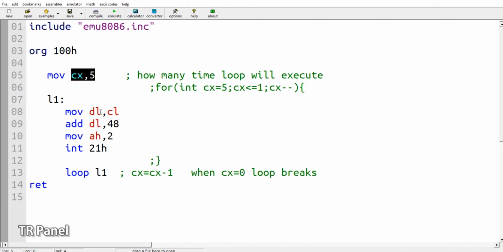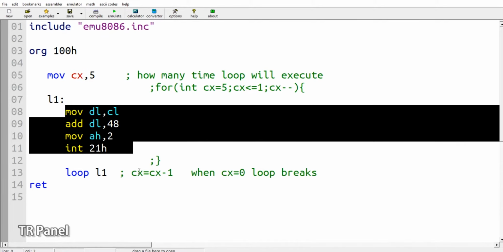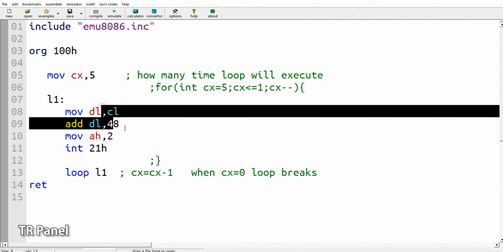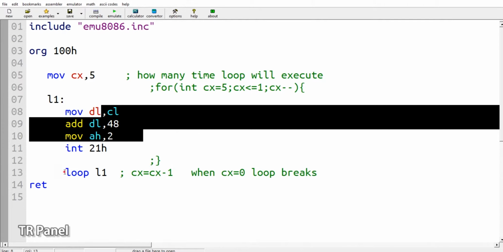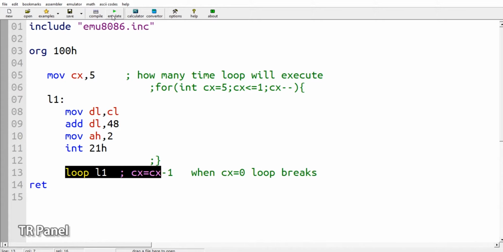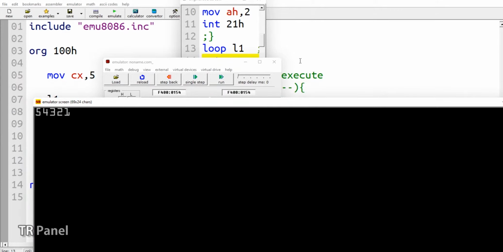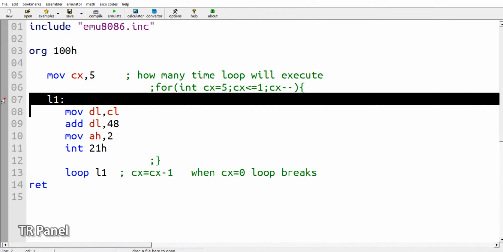When the loop executes the first time, it will display 5, then this line will subtract 1 from Cx, then the loop will execute again, then it will display 4, then this line again subtracts 1 from Cx, then it will display 3, until Cx becomes 0. So run and check. You can see here Cx becomes 0, so it breaks the loop. This is the simple loop syntax.